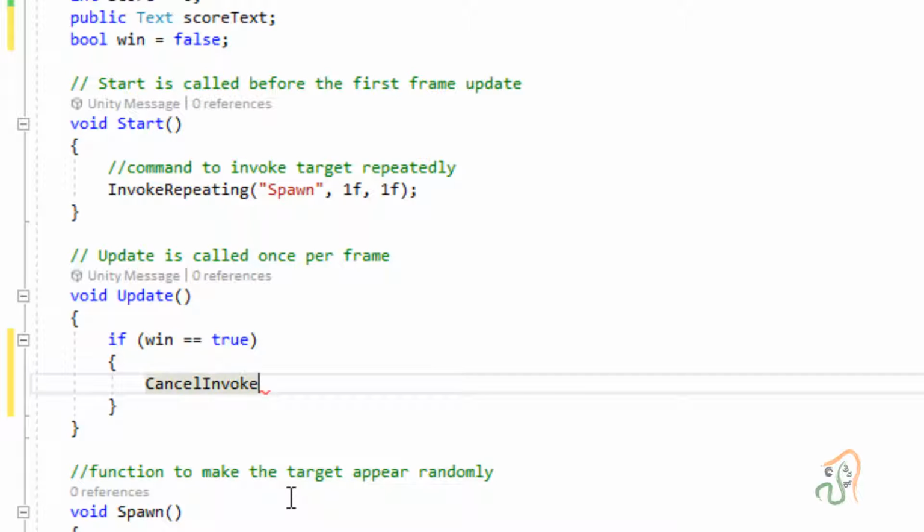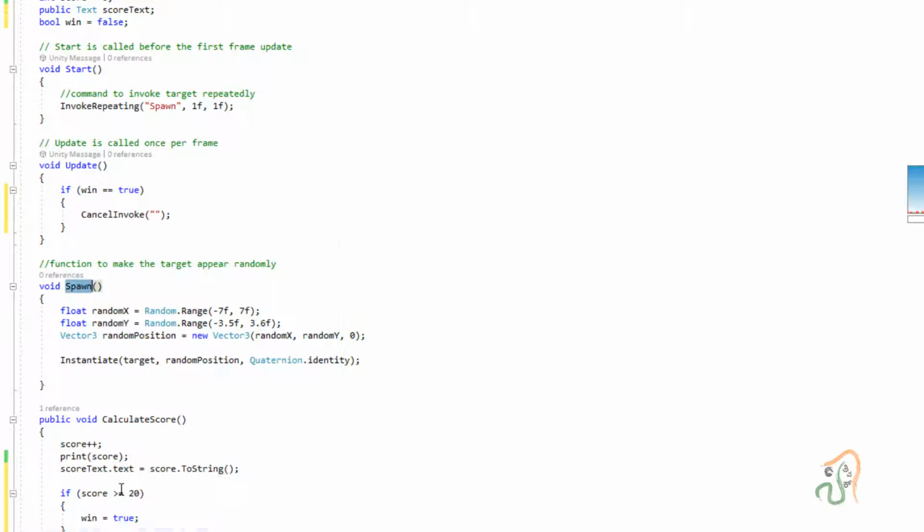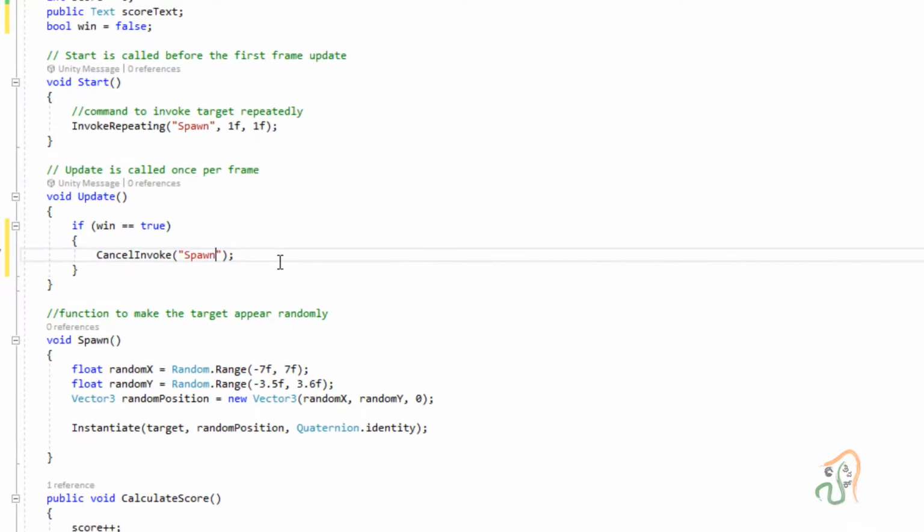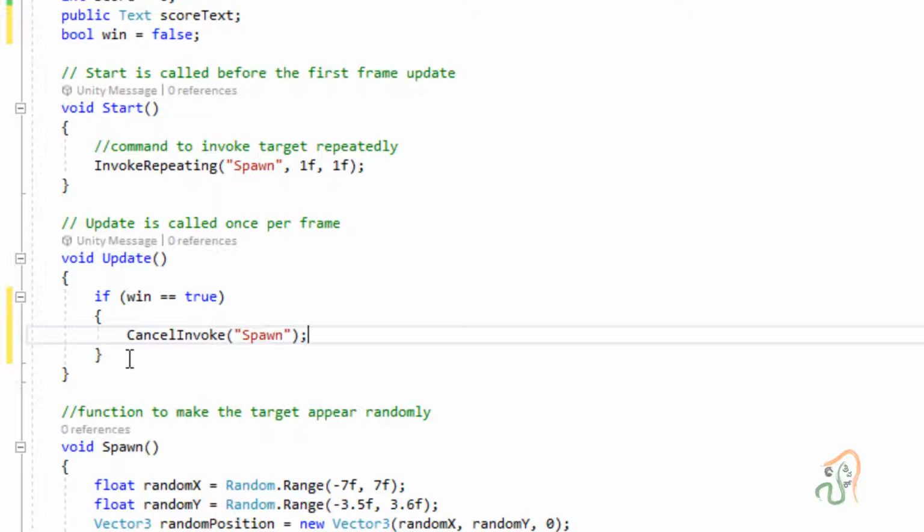Select this, and the parameter we have to give for CancelInvoke is within open and closed brackets, end it with a semicolon, and in between the brackets, put two inverted commas, and in between the inverted commas add the method Spawn. So we select this, copy this, and paste it in between these two inverted commas. So we have added the command CancelInvoke Spawn.